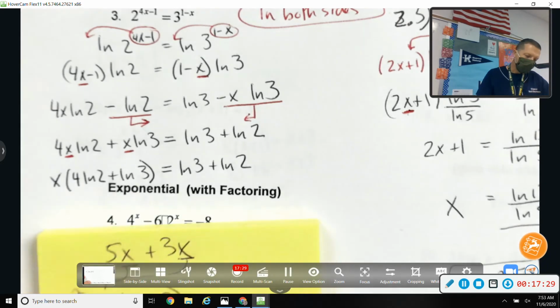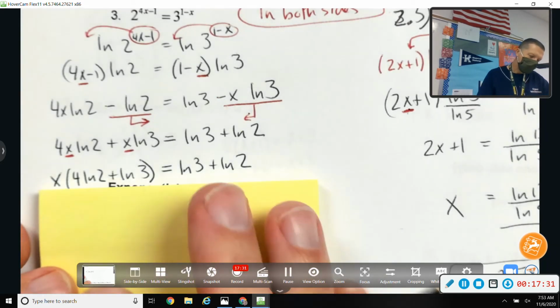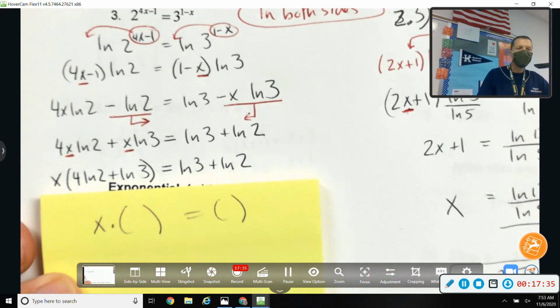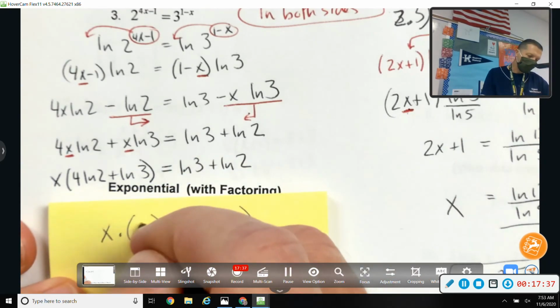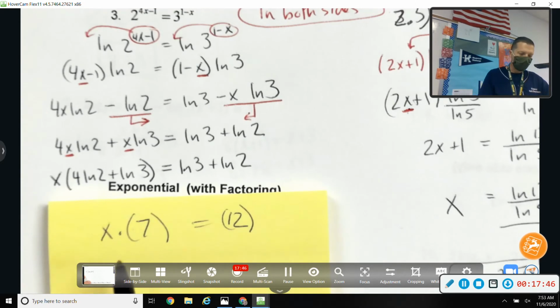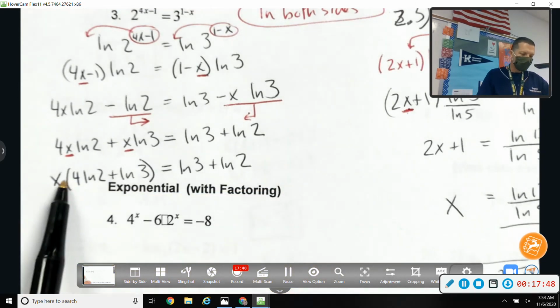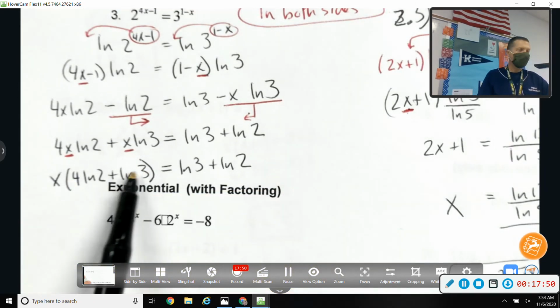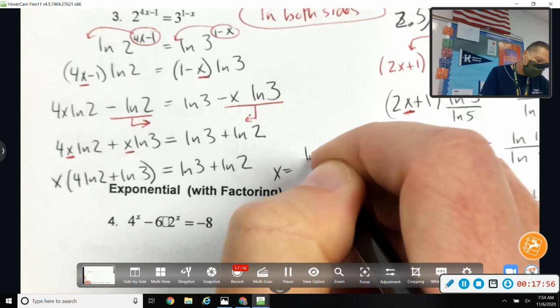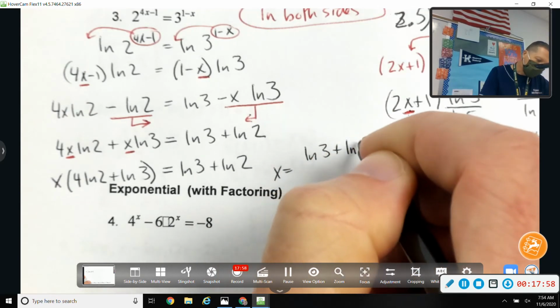Speaking of same process, I've got x times a number equals another number. Let's just say this was x times 7 equals 12. What would you do to get x by itself? Yeah, you divide by 7. So this is an ugly, complicated number, but it's still the same process. It's the same thing as dividing by 7. Both sides are a little more complicated than 12 and 7, but